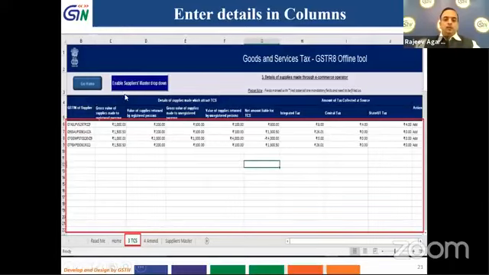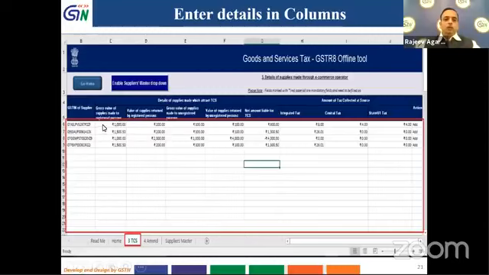So what this does is that when enable is there, then a drop down will come. So whatever data we have filled in supplier master will come over here to fill in. So I can fill in those details over here. I can simply choose and those details will come in. So what I have to enter is whatever is given in form GSTR 8, that is what I have to fill in.